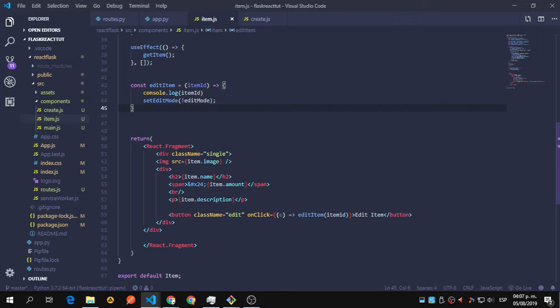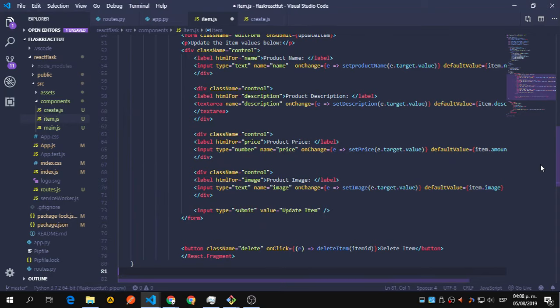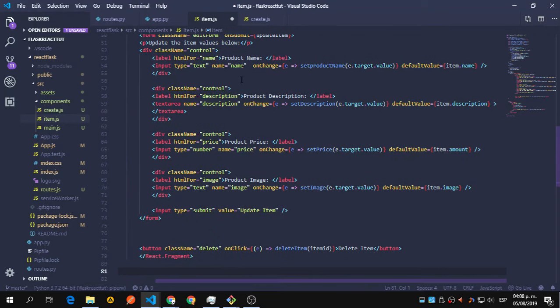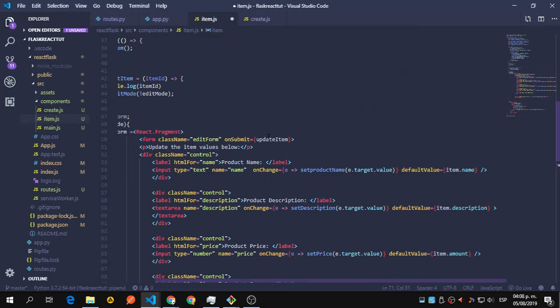It's just HTML. Okay, so I will explain what it's doing. So you can see it's a form. Okay, you can see this type text description. Well, it's the name, description, price, and image. This is not going to work because we need to add two more functions into it. But